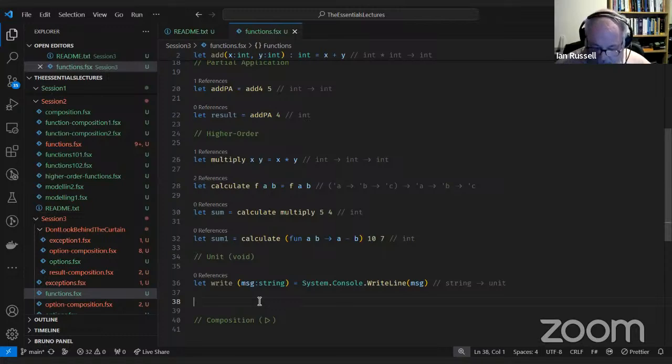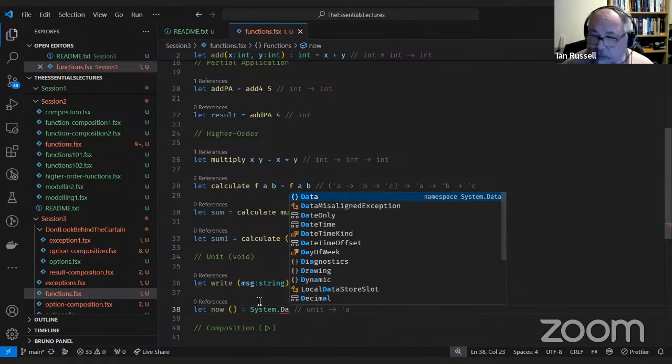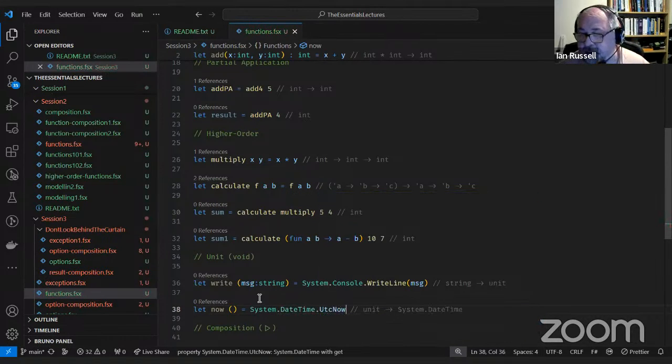Another one that we can look at is if you want to get DateTime.Now, so System.DateTime.UtcNow.